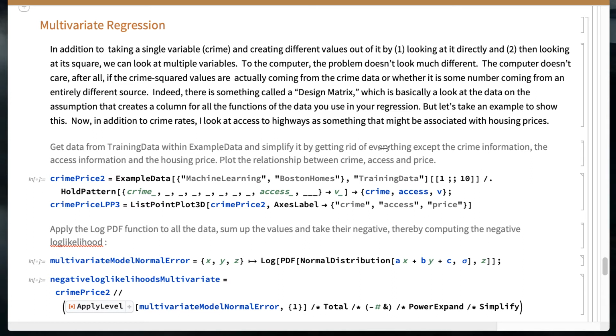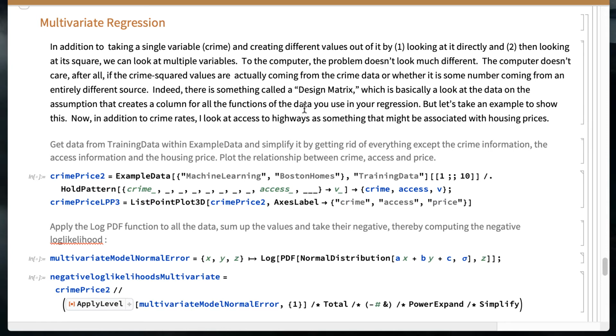But to the computer, it's the same thing, and indeed, there's something called a design matrix, which is basically: you look at the data on the assumption that for each basis function, you create a column reflecting the application of that basis function to the data. And in fact, you can run a regression simply from its design matrix. I'm not going to go further into that because I don't believe I used design matrices further in the course, but if you hear that term, now you know what it is. All right,